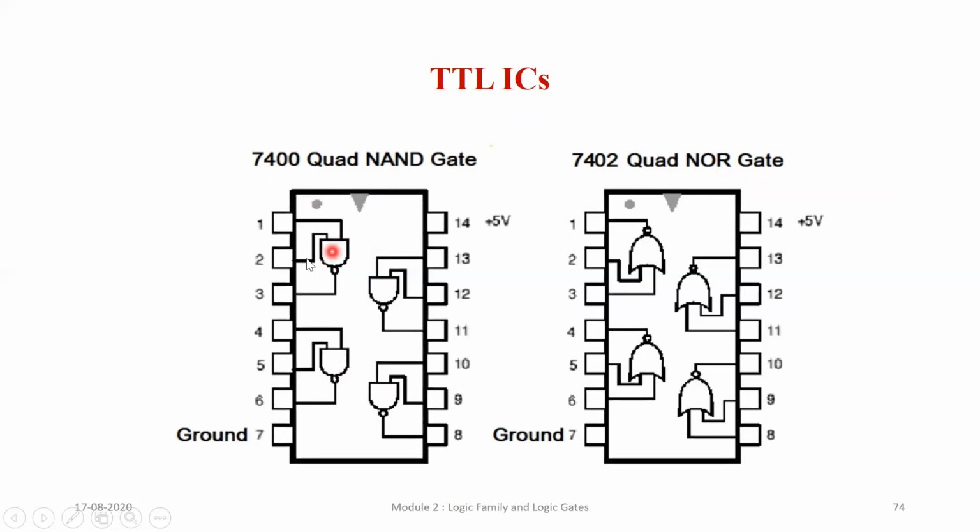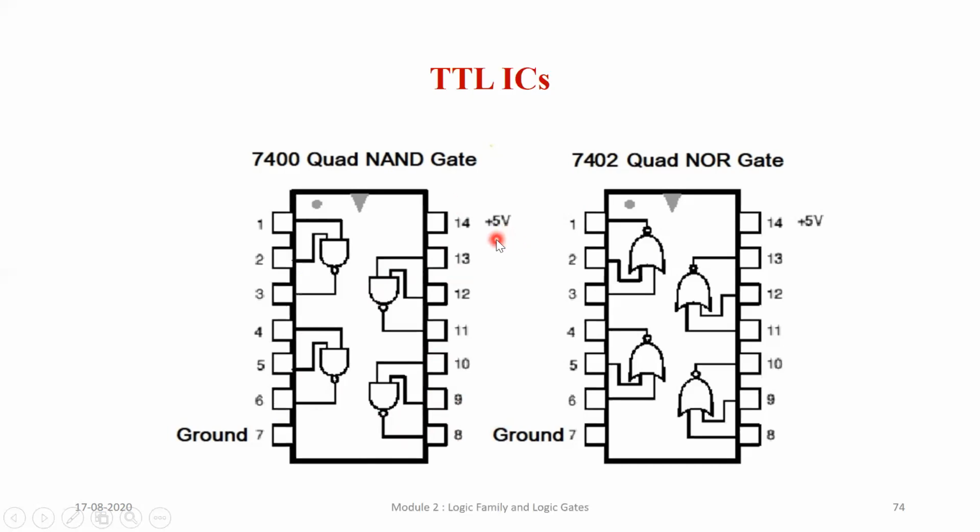So you can just see pin number 1 and 2 is the input, pin number 3 is the output. Here 4, 5 as the input and 6 as the output, and 7 pin is the ground one. Now here, why I am telling you is people go with series 1, 2, 3 output, 4, 5, 6 output. Then 8, 9 is the input, 10 is the output. 13 and 12 is the input, 11 is the output, and 14 is, this you have to remember, plus